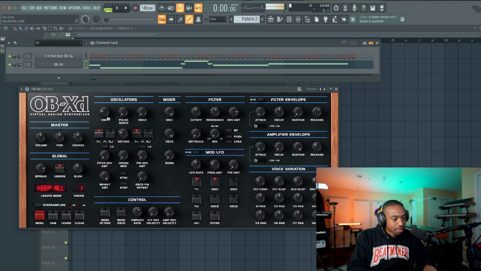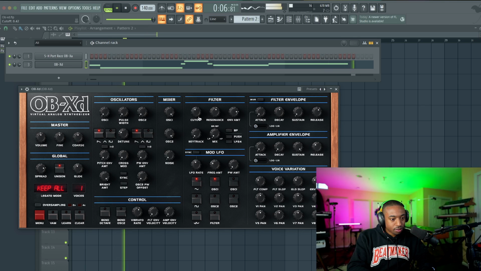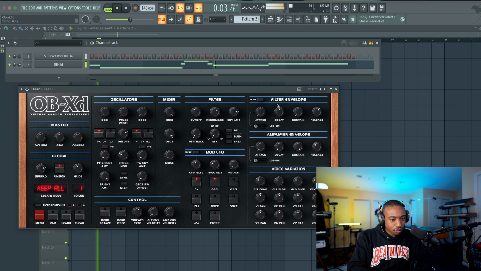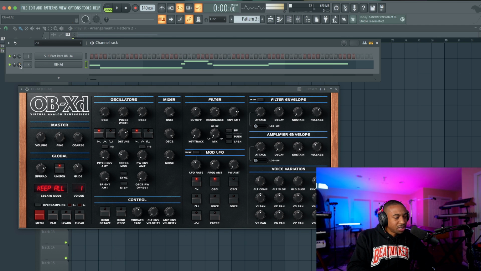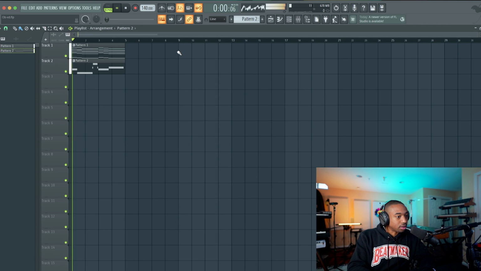Funny enough, this sounds better in the lower registers, especially with the filters. So, I mean, in my opinion, this plugin takes a lot of time to get it to sound good.